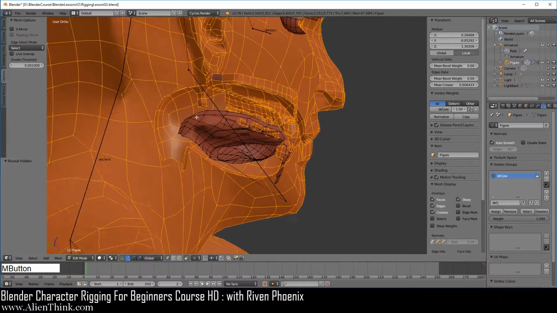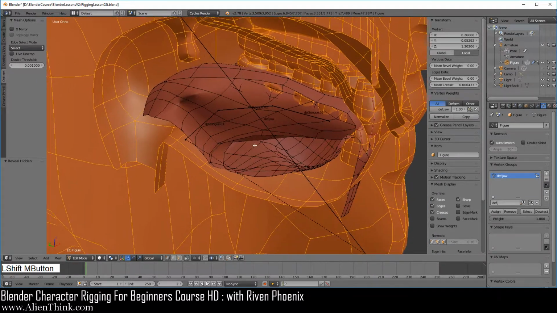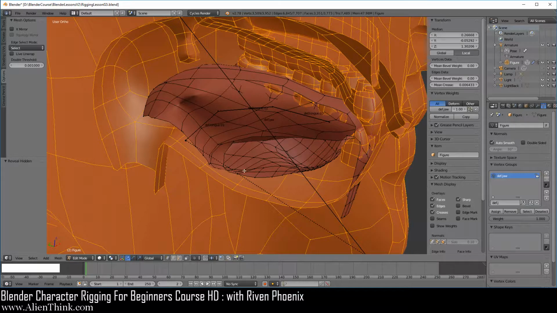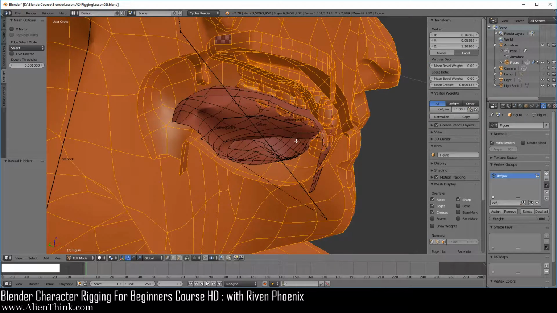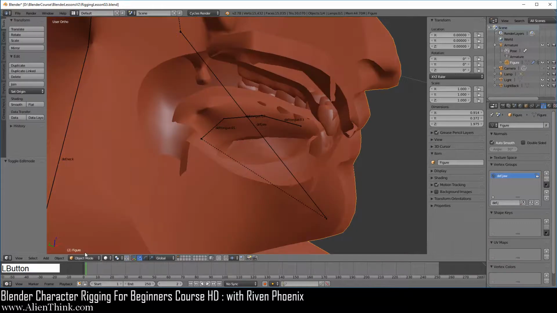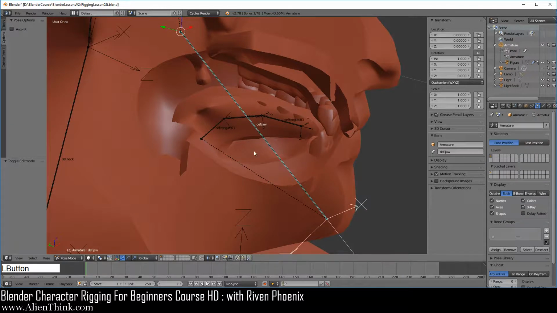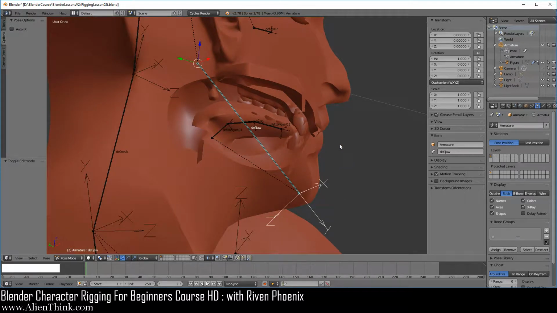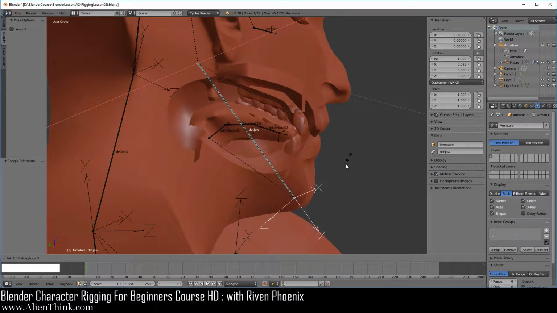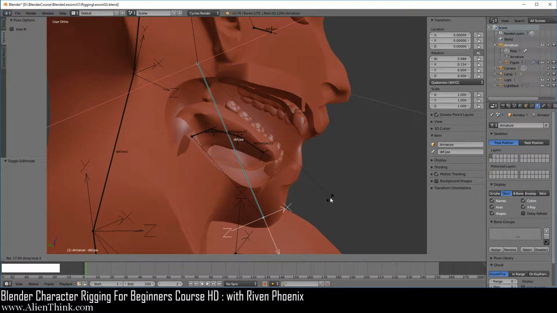Now notice that we're not touching the tongue and the bottom of the mouth. We don't need to. We're going to have to handle this a little differently. Anyways, now when we switch to object mode over here, click on the armature, make sure that it's in pose mode, click on this jawbone, press the R key, press the X key 2 times. Now you'll see that everything is getting cleaned up very quickly, right?